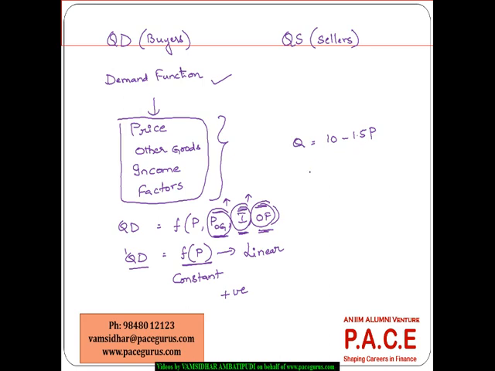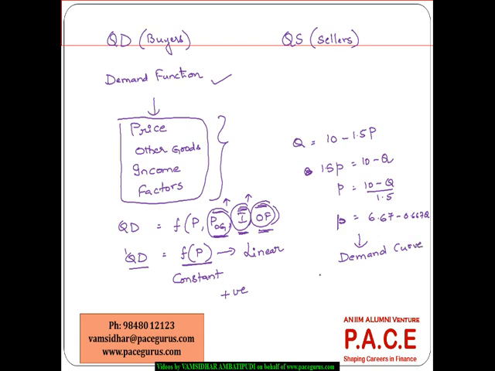And the same thing if I invert it. When I say invert, I can say 1.5p equals 10 minus q, and p comes out as (10 minus q) by 1.5. So probably 10 by 1.5 is around 6.67 minus 0.667q. If I am writing it in this form, P in the form of Q, which means first compute Q by substituting some values of all the other factors except the price, establish the quantity demanded as a function of the price alone. And after you establish it as a function of the price, invert it, and this inverted form is called the demand curve,